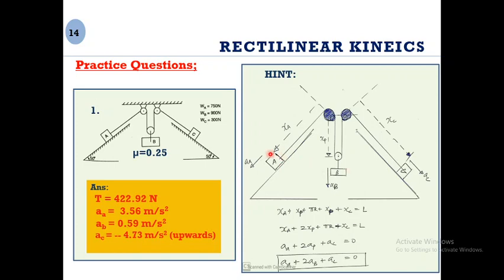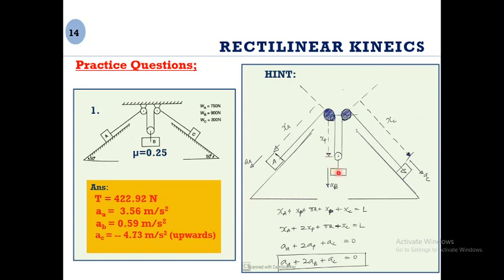Next step, you have to assume the accelerations on the different pulleys. Assume all are directed away from the pulley. So A is acting downward, AB is acting downward, AC is acting downward. Next step is you have to draw a reference line. The reference line has to be perpendicular to the string connecting the pulleys to the block. So this is the direction of the string. This will be one reference line, and the distance up to block B has to be drawn.